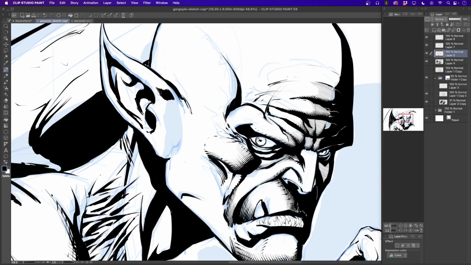Sometimes you can just block in a shape, and I would try to make it not look too clean of a shape. It's kind of tricky. I could look at this ear shape and say, well, it just needs a big shadow like this, right? And I could render off of that. But I kind of tried that already before I started the video. I didn't really like it. And so what I want to try